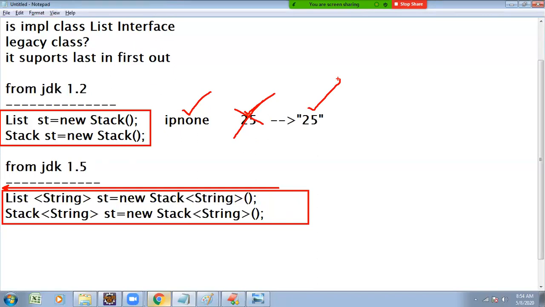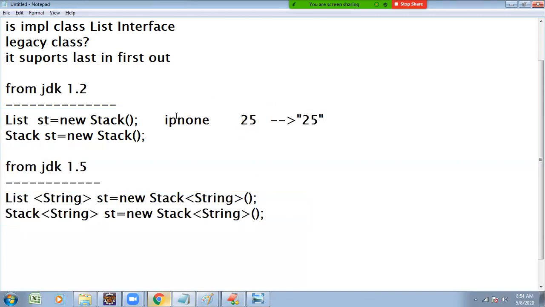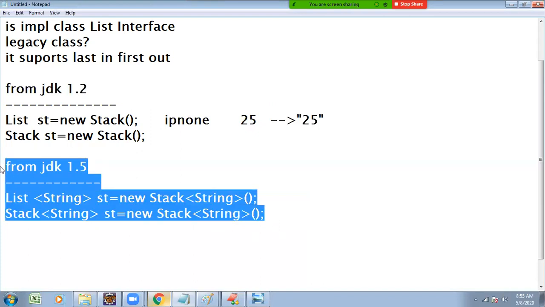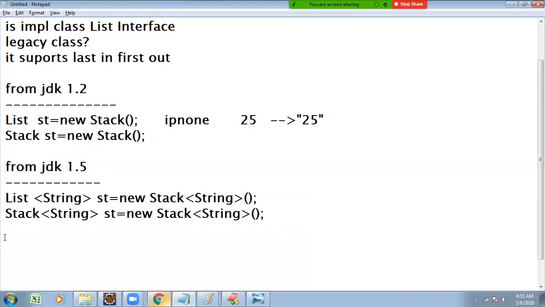Type safety is not available with collection. To overcome the problem, they introduced generic collection. But not only this, they also added one more new feature with JDK 1.5. JDK 1.2 collection, JDK 1.5 generic collection, then JDK 1.7 version.